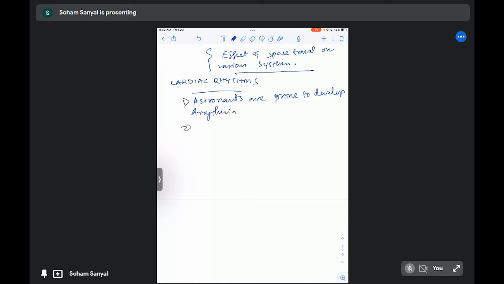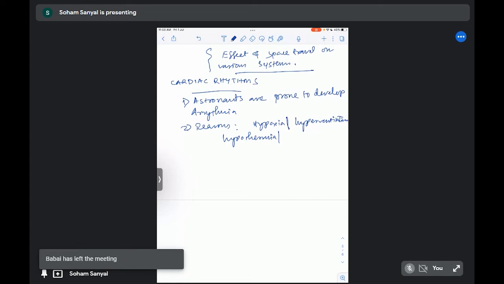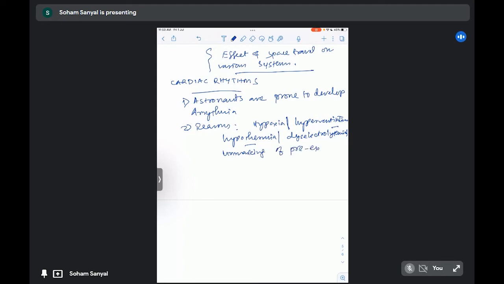What are the reasons? Reasons are innumerable, but known reasons may be hypoxia, hyperventilation, hypothermia, dyselectrolytemia, that means electrolyte disturbances, and unmasking of pre-existing cardiac diseases. ধরো কোনো অ্যাস্ট্রোনটের অলরেডি কোনো একটা কার্ডিয়াক ডিজিজ আছে and that was okay on the ground, but